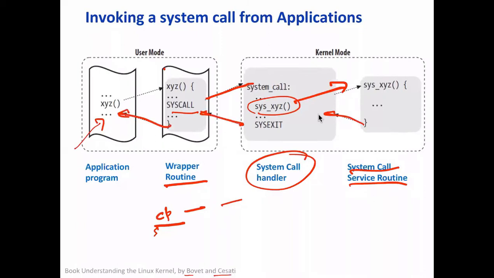So a user process is using a library function call, and the library function call in turn is making a syscall. The handler corresponding to that syscall is invoked, and that handler will give control to a function that will do the job corresponding to the syscall, like reading a file, reading the keyboard, writing on the terminal, or file copy, or whatever. Okay, is it fine? I think we have enough examples now.